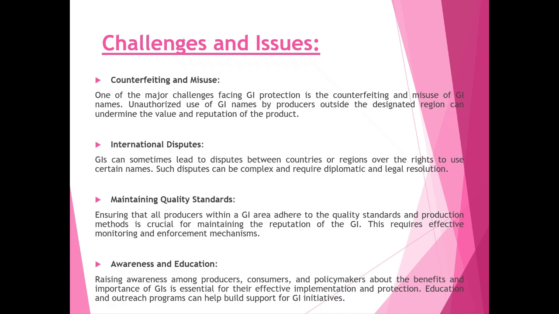Next is awareness and education. So creating awareness among the consumers and producers about the benefits and importance of GI is very important for effective implementation, because many producers don't even know that they qualify for the protection. And likewise, many consumers aren't aware of what the label means. So we want to educate the producers and consumers. We need to educate and create awareness among the people about the GIs and the label and what its use is, and if any producer is producing a very good quality product, or providing a unique product, then they can register themselves in the GI, geographical indication of goods.